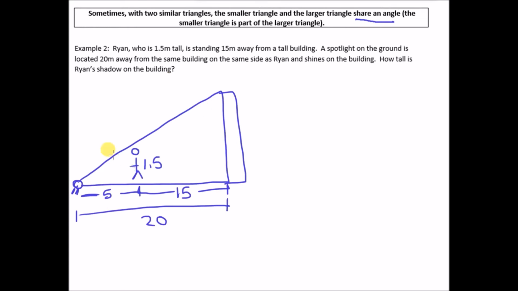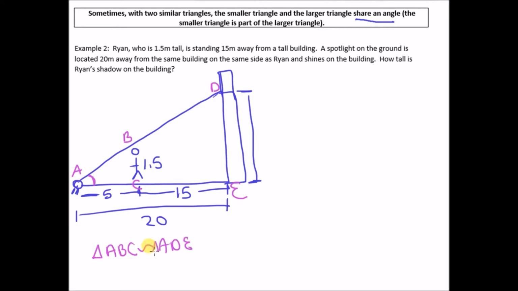Okay, and it's important that the spotlight is on the same side of the building as Ryan. How tall is Ryan's shadow on the building? Ryan's shadow is going to be, maybe the building's even taller, but Ryan's shadow is going to be this height right here. So let's actually name these triangles. Let's go ABC and then DE. So we know that triangle ABC is going to be similar to